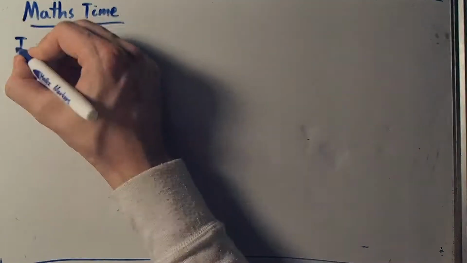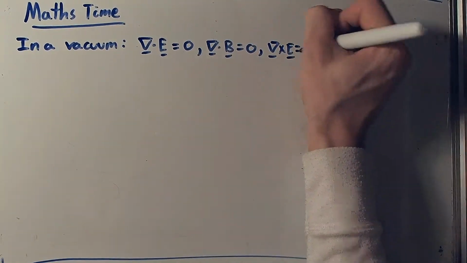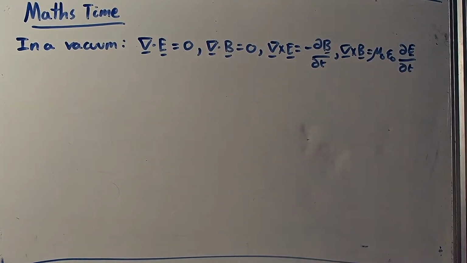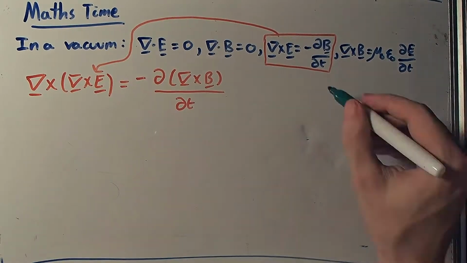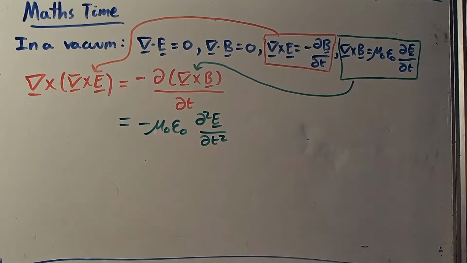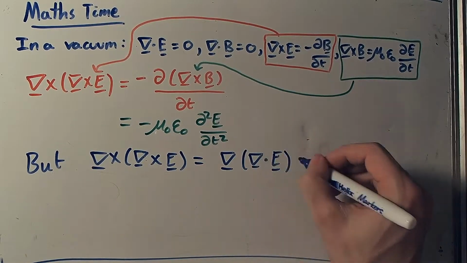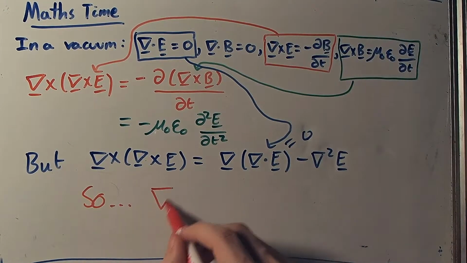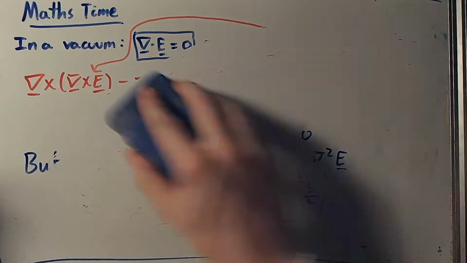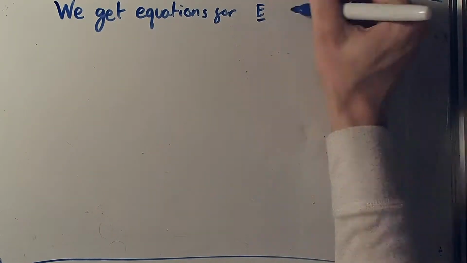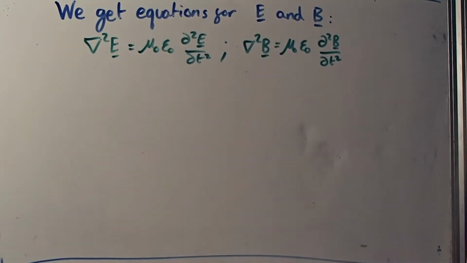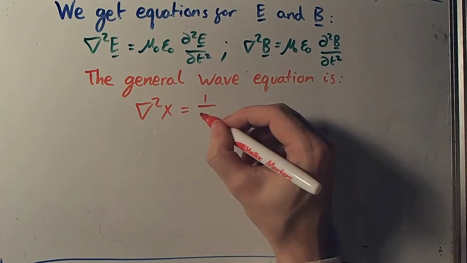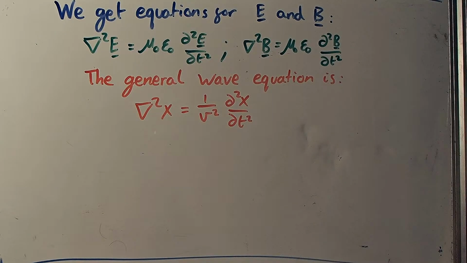Now I can present you with some true mathematical wizardry. We take Maxwell's equations in a vacuum, take the curl of the electric field, jumble this all up a bit, then we use a vector identity here, plug in Maxwell's equations again, and boom, we have an interesting looking equation for the electric field. We can find a similar equation for the magnetic field. If you have a keen eye for physics equations, you'll recognise that this is exactly the form of a wave equation. So what we found out is that electromagnetism permits the existence of a wave in the electric and magnetic field.